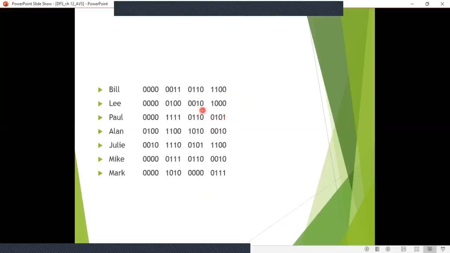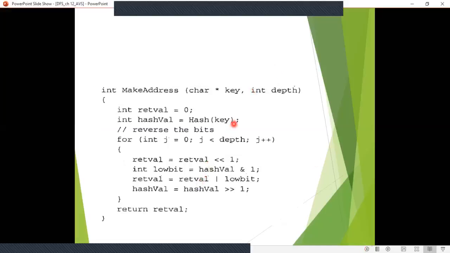If we consider it like this, the variability is more, isn't it? All these are having different addresses. So you'll get a better result if we take it like this. The same thing you are going to implement here in this method. This for loop will implement this reversing and then selecting the low order bits. Now we'll see how this method works.